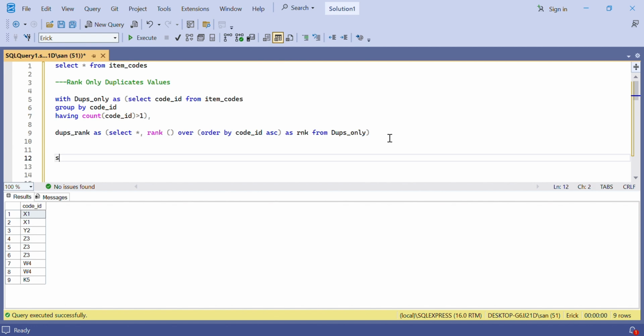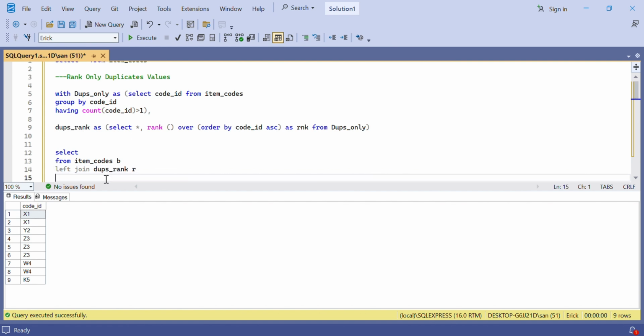So select from our original table, which we can assign as P, and then we left join the table that contains the rank, which we can call R. We are joining on P dot code ID equals R dot code ID,